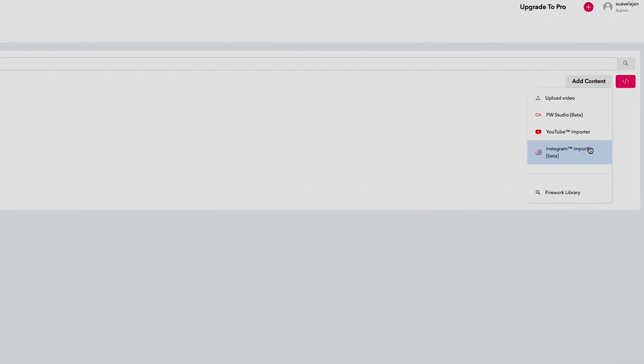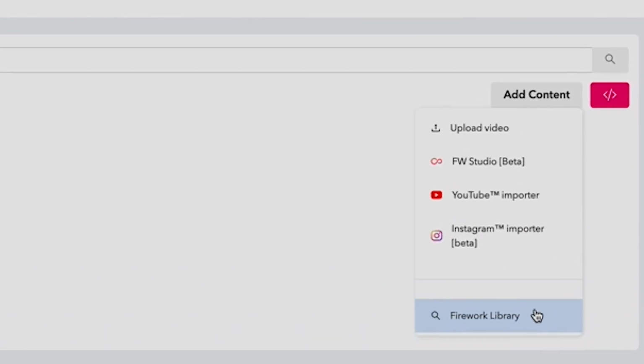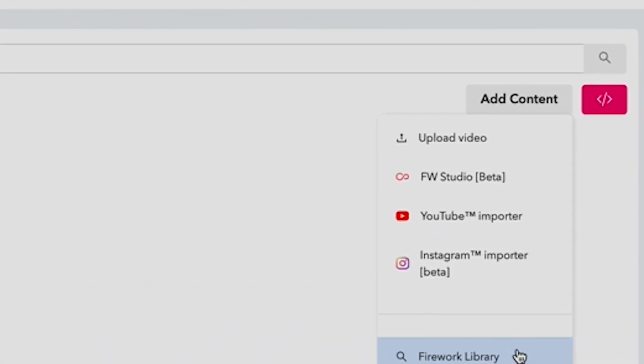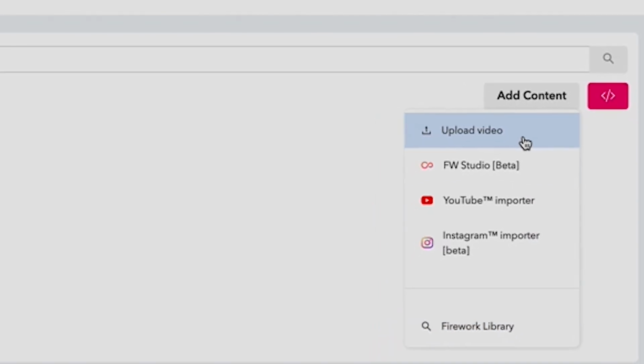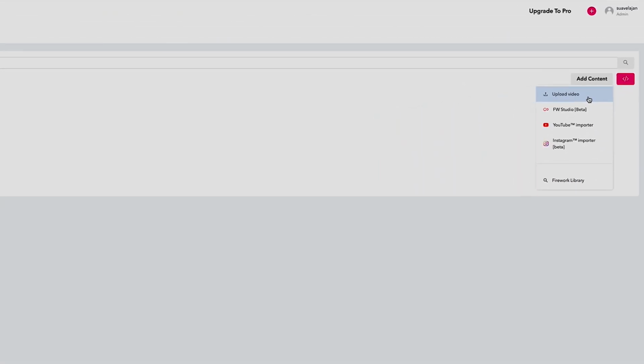The last way that you can add content is through Firework's library. So let's say you don't have the time or the budget to create a bomb video. Firework already has some bomb videos for you that you can just plug and play into your website from their library. For today's video, I'm just gonna use the old-fashioned way and upload an already completed video because my fiance